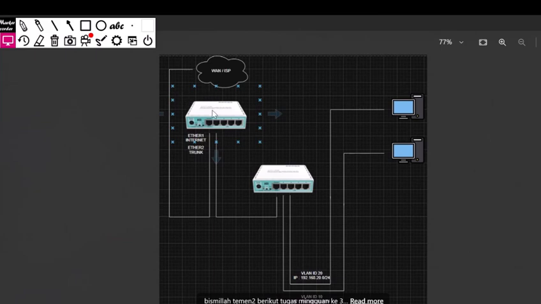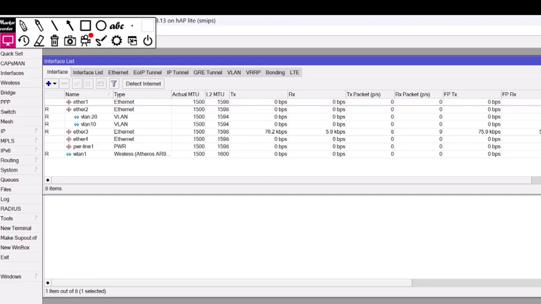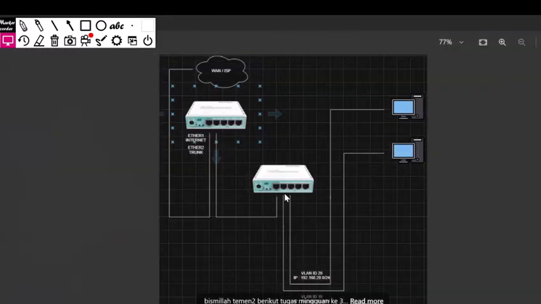If you finish setting this one, you can go on to this. But first we unplug the VLAN. We shut down the Winbox first, and we unplug it.